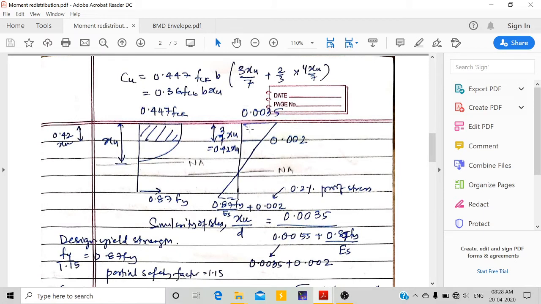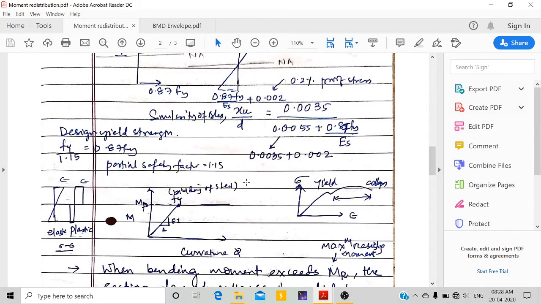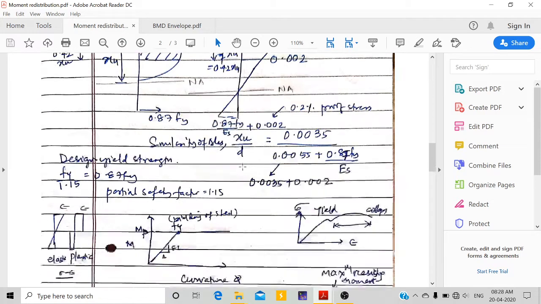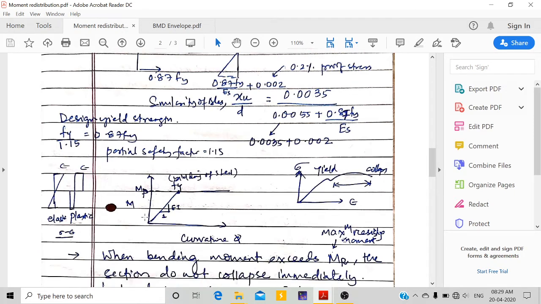You can see this is the strain, the maximum strain in concrete in compression and tension. If you see this strain diagram, in the elastic phase this is the case. In the plastic phase, we are using the whole capacity. The strain becomes fully rectangular, whereas it was triangular, using full capacity, because of the ductility from yield to collapse. Looking at the moment and curvature, here it is directly proportional, but at one point, called the plastic moment, the moment is constant, because a hinge is formed at this point.